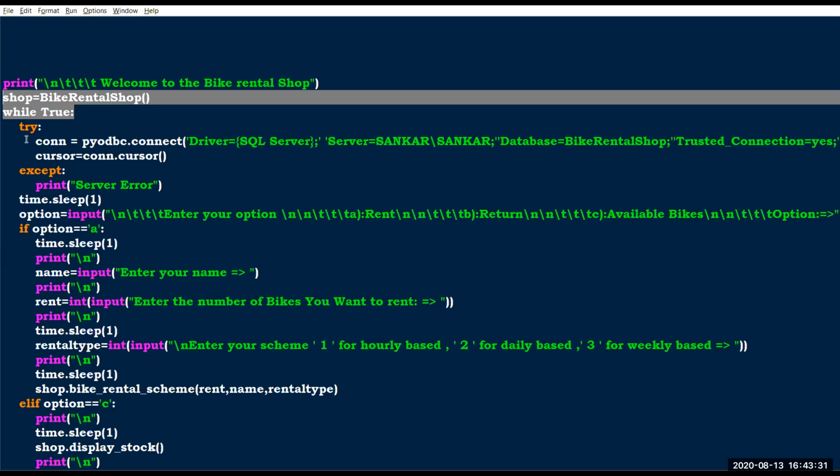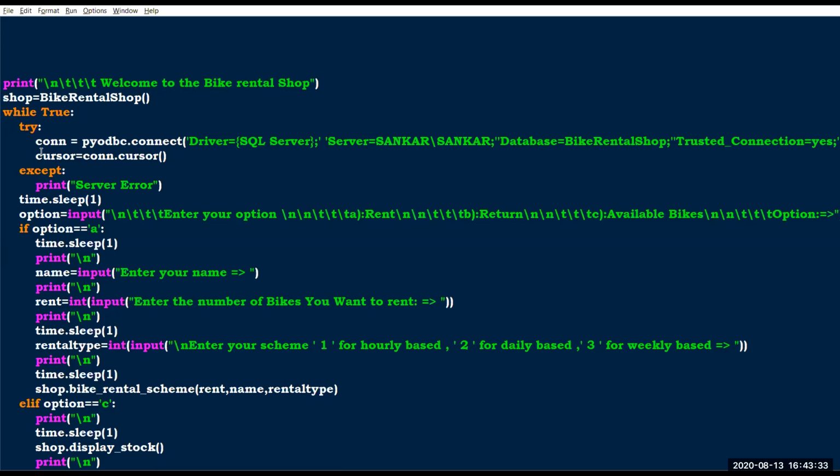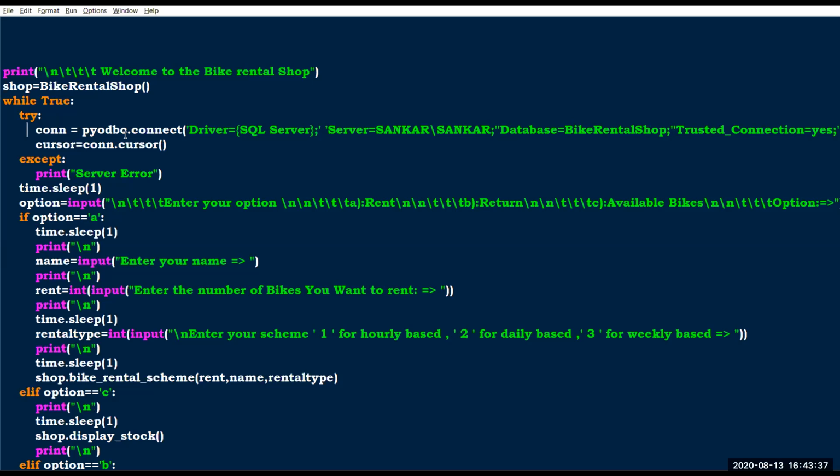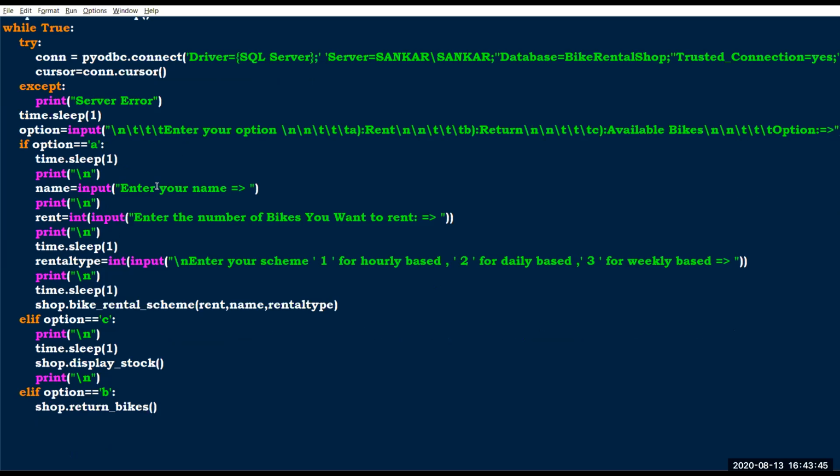Then here I'm using the try and except concept. The try and except is for connecting to the server. If the connection has any error, it prints server error. That's all, that's why I'm using it here. And I have used an option for input.